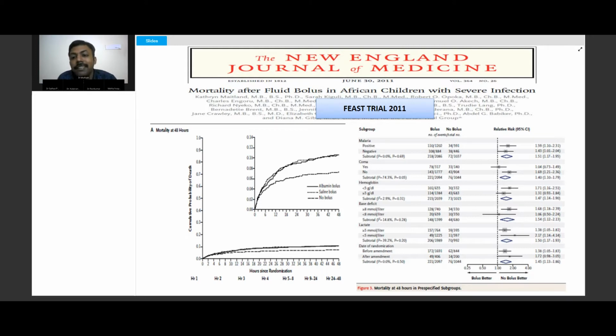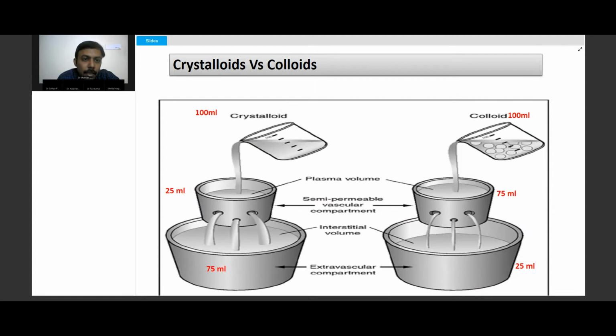And even when they did the subgroup analysis, to everyone's surprise, whether there was malaria in the background, whether there was low hemoglobin or high hemoglobin, whether there was high lactate or low lactate, or acidosis or not, in all cases, fluid bolus was harmful. So the study was stopped and they published the data telling that fluid is harmful. And it was a fairly well-designed study. So how does this happen? That's again important. So knowing again the ill effects of quantitative toxicity of fluids, 40 ml per kg, 60 ml per kg, which we were talking about, was harmful.